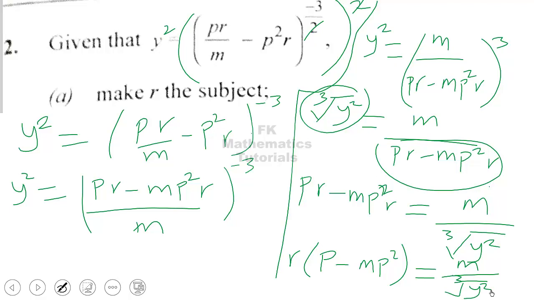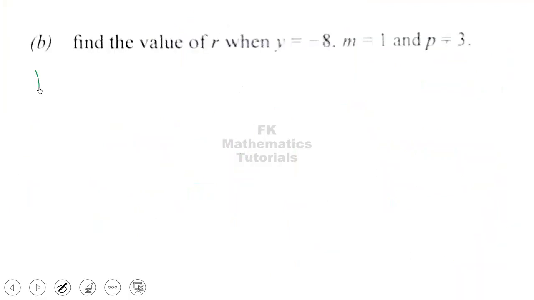So I need to just divide both sides by P minus MP squared. So R will be equal to M over the cube root of y squared divided by